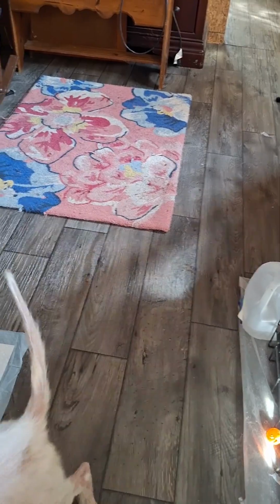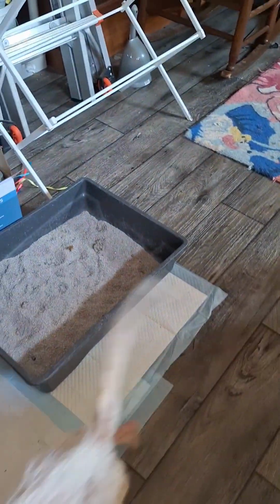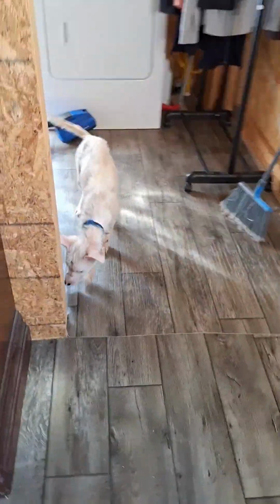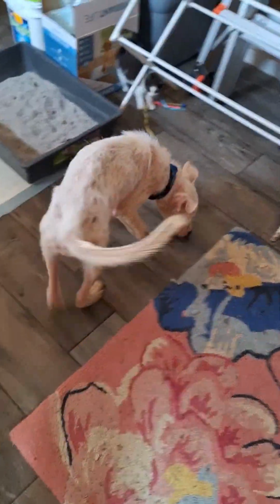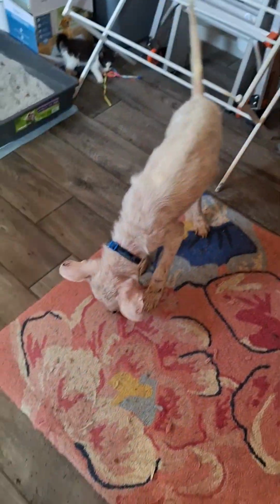It's a very busy 5-lane highway that runs between Hartsville and all the way up to Florence, but it was in the Hartsville area, literally like a mile and a half from the clinic where I work. Literally, guys, a mile and a half from the clinic where I work. And they could have brought this dog into my clinic and talked to Jeannie and surrendered it, but instead they